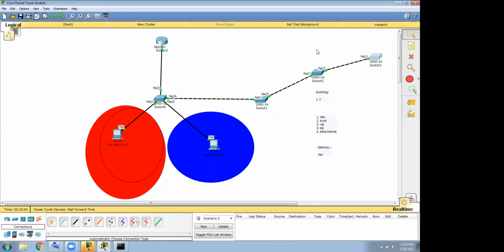This is a disadvantage: going through the router. Right, Muzammil, you are here. I think you're coming to that point. If you see here, guys, suppose you have 100 switches connected on the right side or left side, and any switch that wants to talk to another VLAN has to come to the router. So don't you think there is a single point of failure dependency here?